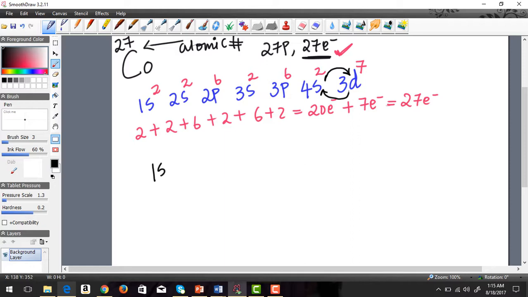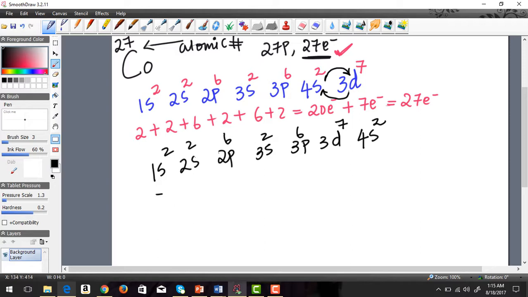So let's rewrite the whole sequence first, where we've got our 3d back with its regular family of threes, and the 4s comes outside. Now you don't change anything, particularly for the 3d. The d carries with it a 7 and the s carries with it a 2. So now this right here, fellas, this is the corrected and accurate